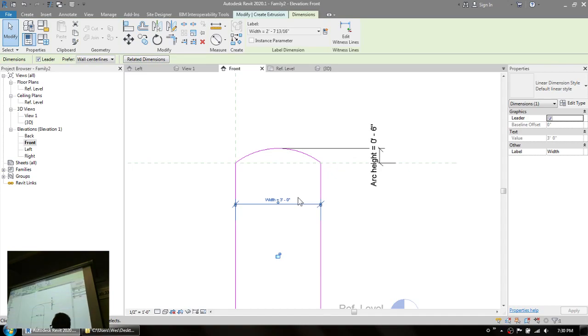You know what I'm saying? So what's happening is that as you stretch this window and make it wider, the arc height stays the same, but of course the radius of that arc is changing. Typically when you see buildings that have curved tops on the windows, they want that height of the arc to remain constant along the elevation of the building, regardless of the width of the window. So the point of this is just to say that for dimensioning the height of that arc, Revit will do that very predictably